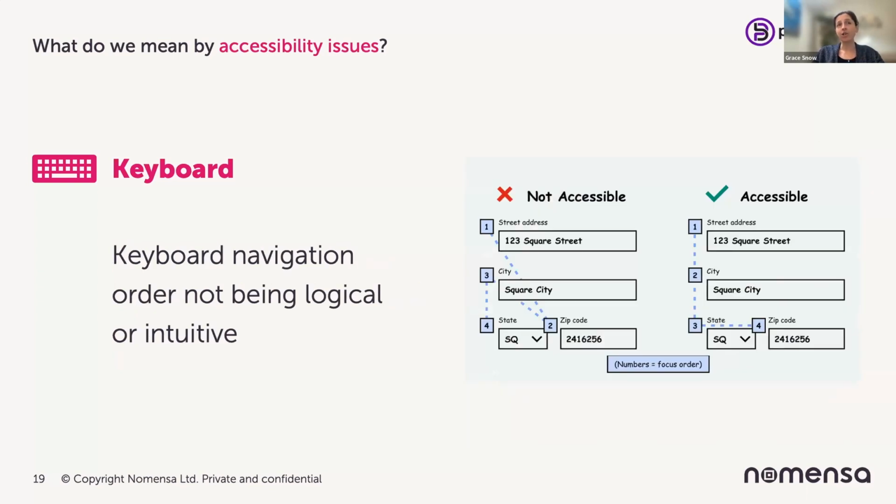Another keyboard one, navigation order not being logical or intuitive. It can be very confusing for keyboard users and particularly for screen reader users. So we've got an image there showing a not accessible and accessible version of a form. In the first one, the form is jumping from the first input right down to postcode, and then it's going back up to city, and then it's going to the state. In the accessible one, the focus order is moving in the exact same way that it's presented visually,